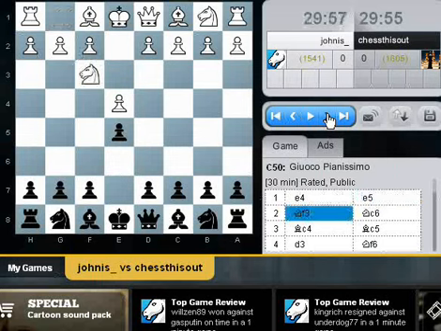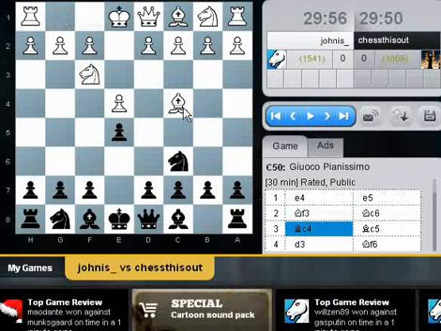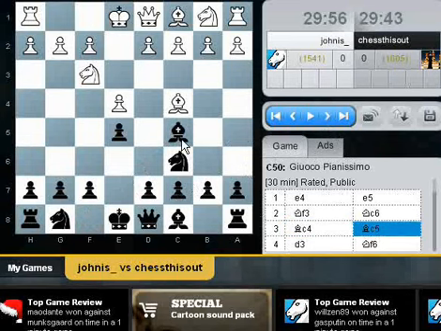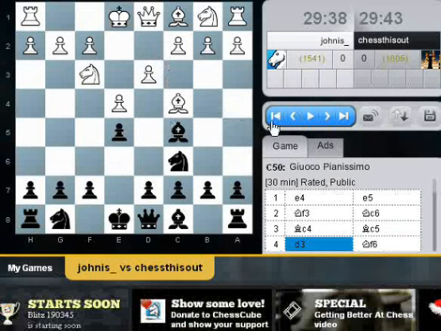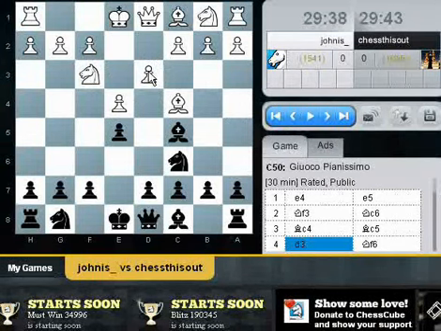He goes for the Italian game, so I just recorded a few videos on the Gioco Piano, so why don't I play for Gioco Piano here? Okay, so he moves this way, which I explained in my video about the Italian game, that this move is kind of passive move, doesn't threaten anything for black. So here we can just develop,